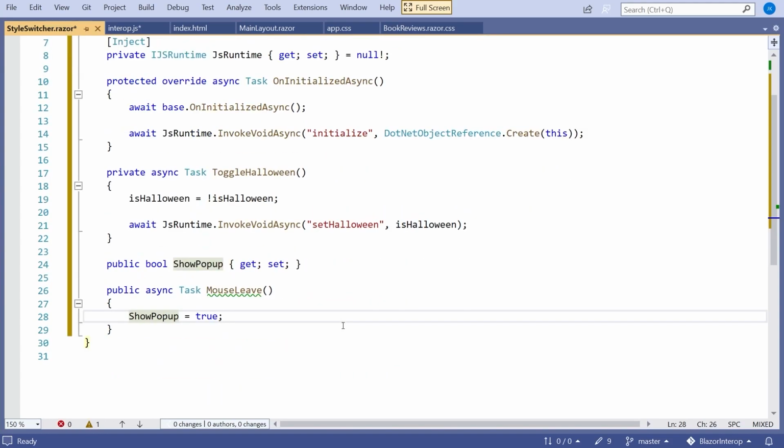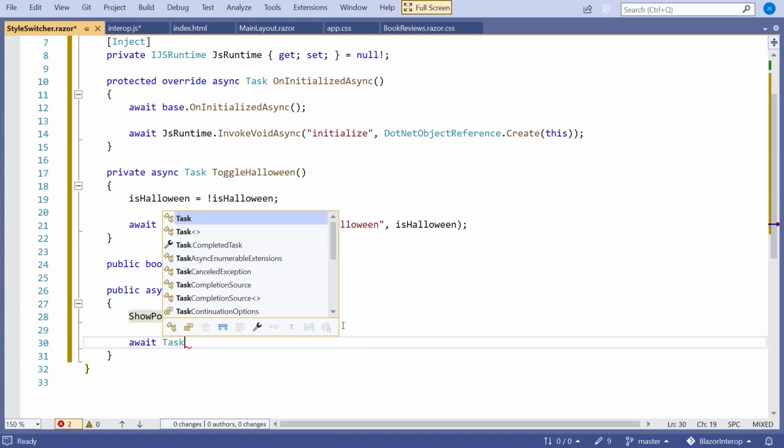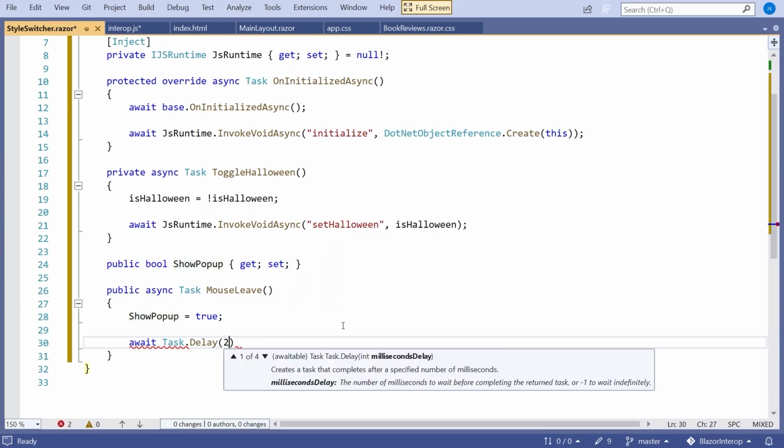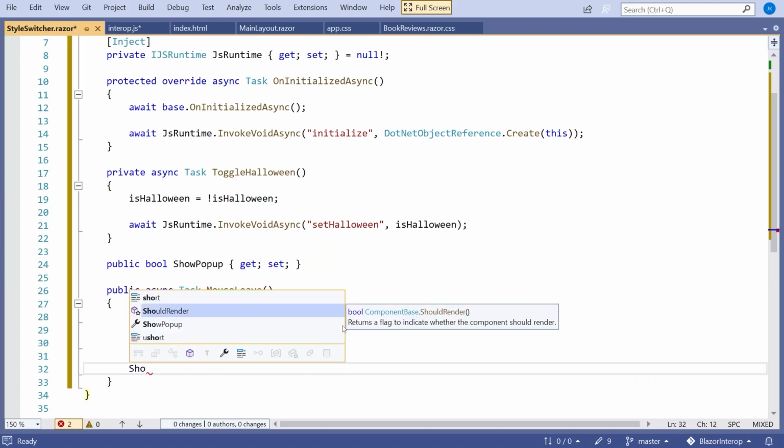And then the idea is I only want this pop-up to show for a short period of time. So what you might think is, well, we'd have to kick off a timer for the short period of time, and then when the timer calls back, we can remove the pop-up. But because we're already inside an async function, we can do something very simple. We can just say await Task.Delay, and let's make it delay for 200 milliseconds. And then we can simply say ShowPopup equals false. So a really neat bit of programming you could apply in all sorts of places in C# where we want to have something that only happens for a short period of time, don't need to call back anymore, just put a delay inside the async method.